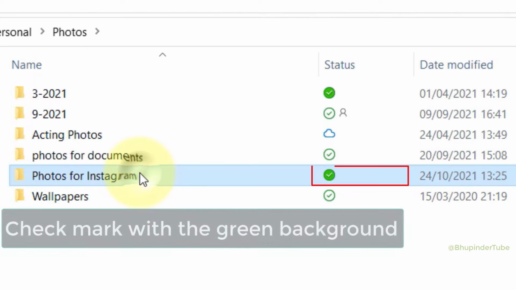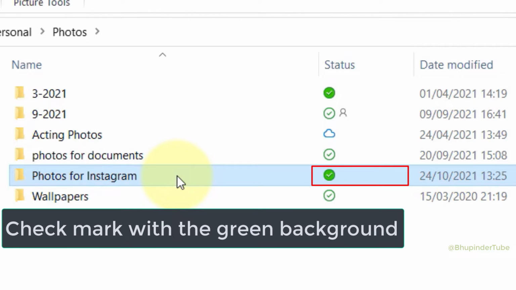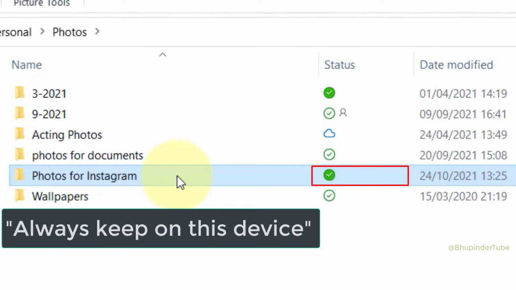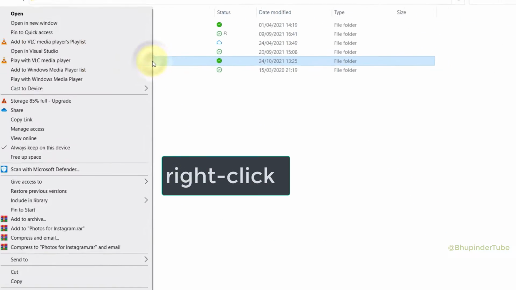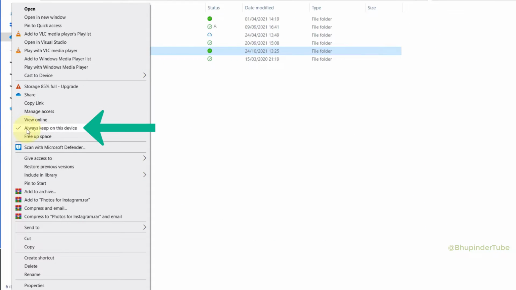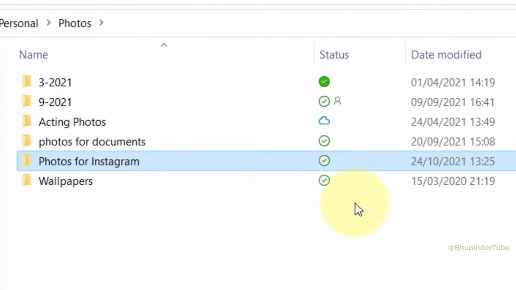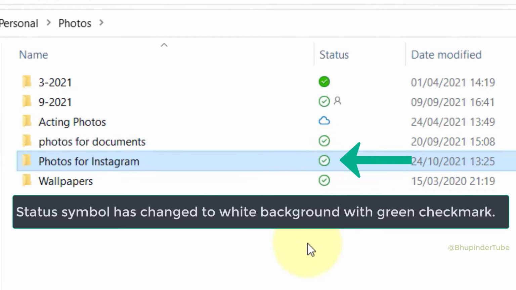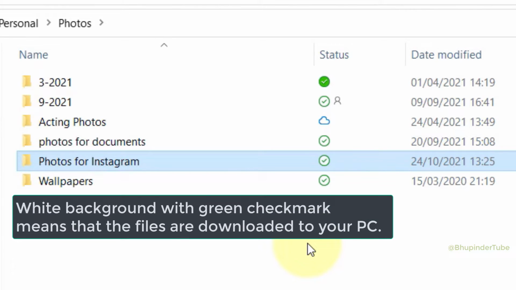The solid green check mark means that this file or folder has been set up to always keep on this device. If you right click on the folder, you can see the check mark next to always keep on this device. If you click on it, it will remove it from always keep on this device. Then, as you can see, the status symbol has now changed to a green check mark with a white background. That means the files would still be on your computer, but it would not automatically download it back to your